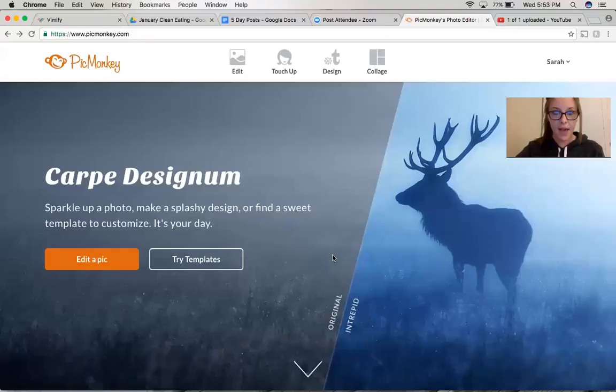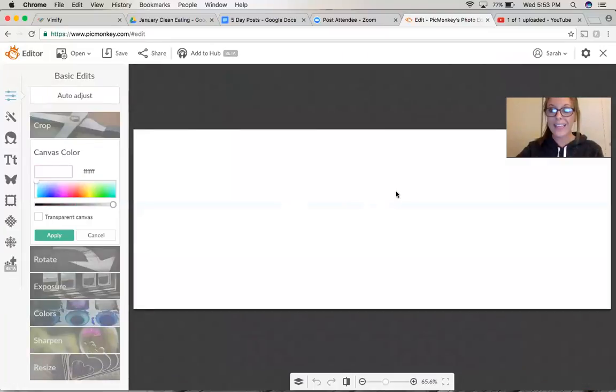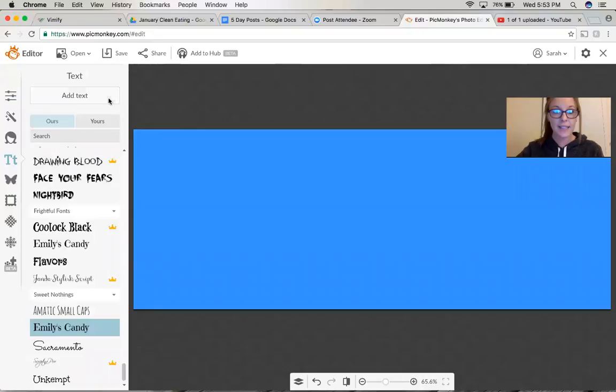not going to save that. I'm just going to show you real quick, blank canvas, Facebook cover. It gives you your Facebook cover already done. So once again, you're going to go through the same steps. Maybe add some text and